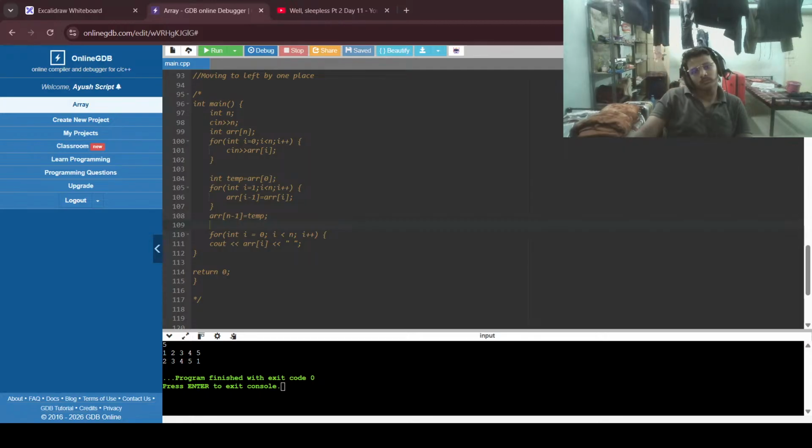Can you left rotate an array by certain number of places? So that certain number is d. D can be anything in a problem. So you have to design an algorithm so that the algorithm works for any given number of places. That is what the follow-up question will be. So let's try to solve this follow-up problem. So let's understand the problem statement. It states you